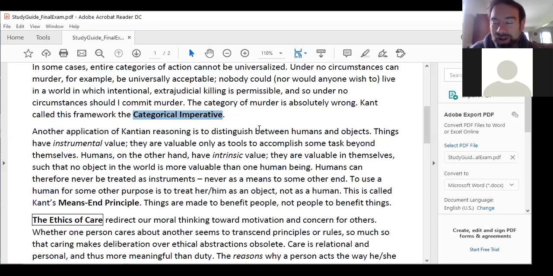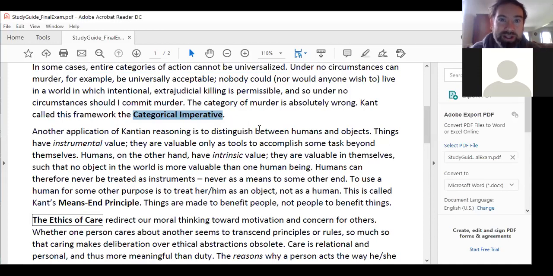If I'm thinking about lying to somebody because I know that a lie will maximize the good, notice that sounds fairly utilitarian, or lying to somebody will save lives, or stealing something will save lives, or in some dreadful cases, murdering somebody might save other lives, Kant says in all of those circumstances, it's still morally wrong, even when the outcome would be favorable, because